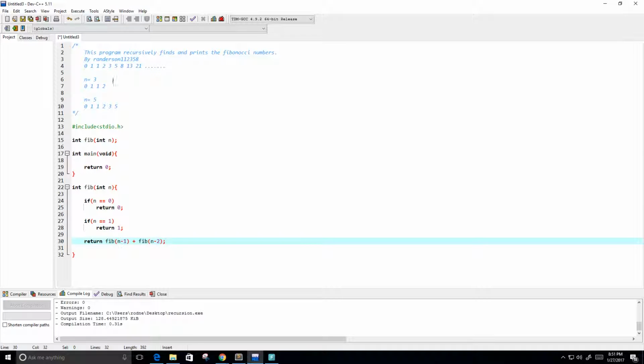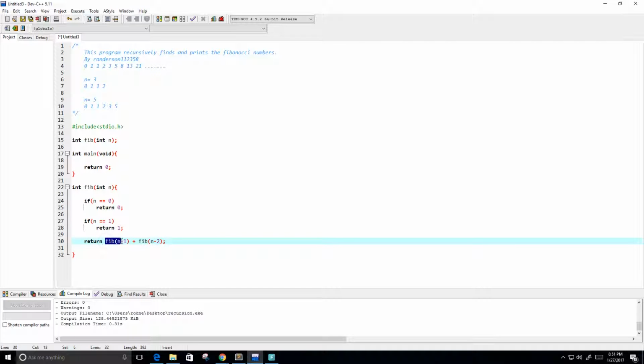So if we wanted our n value to equal 2, we would say fib of 2, and then to come in here it says, is n equal to 0? Our n is our number 2. Of course it's not, so we don't return anything. Then it'll come here and ask, is n equal to 1? Again, our n value is 2, so no, it's not. So then it's going to go to this return statement here,